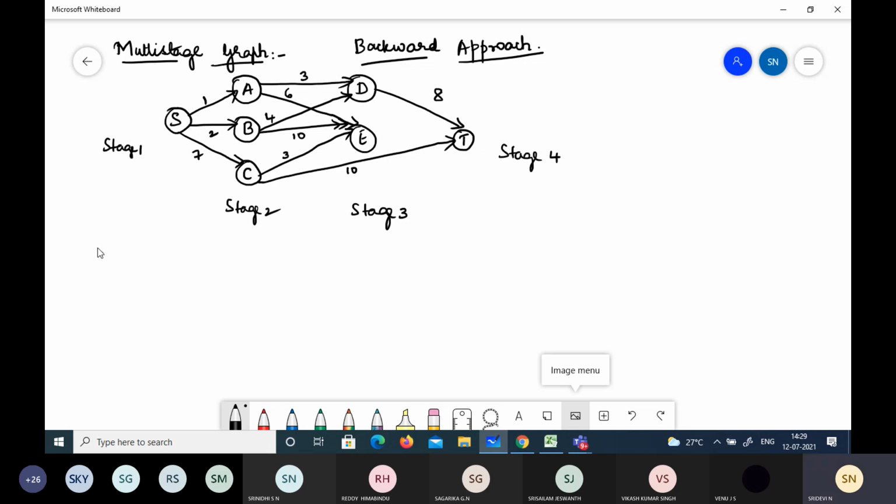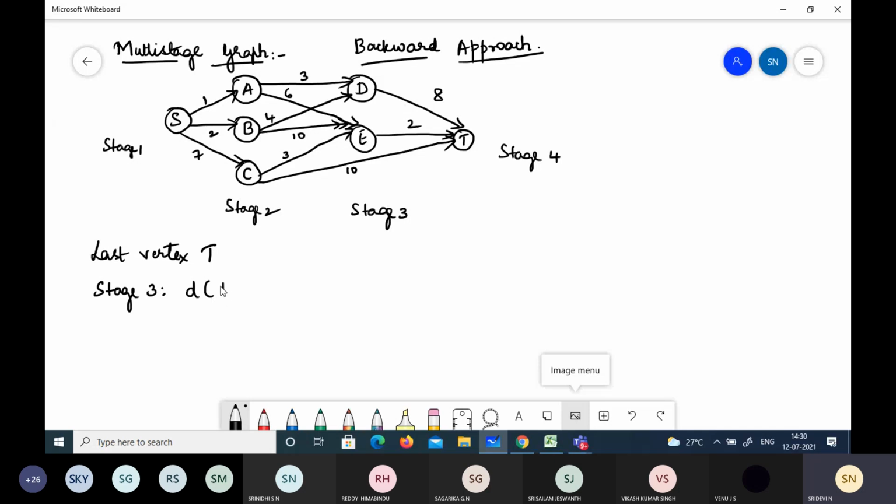So what is the last vertex? The last vertex is T. To reach this, backward, we'll take stage 3 now. Here we have two nodes, D and E, and we note down the distance. We are considering the vertices in stage 3, D and E, and finding the distance from the sink to them.